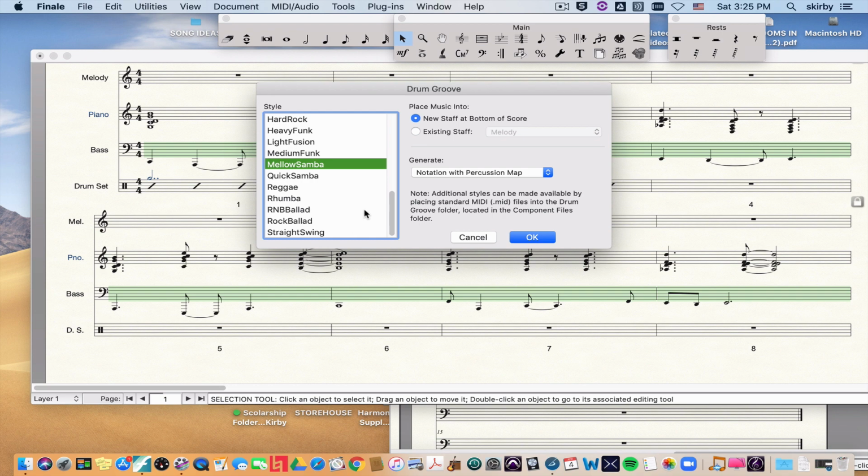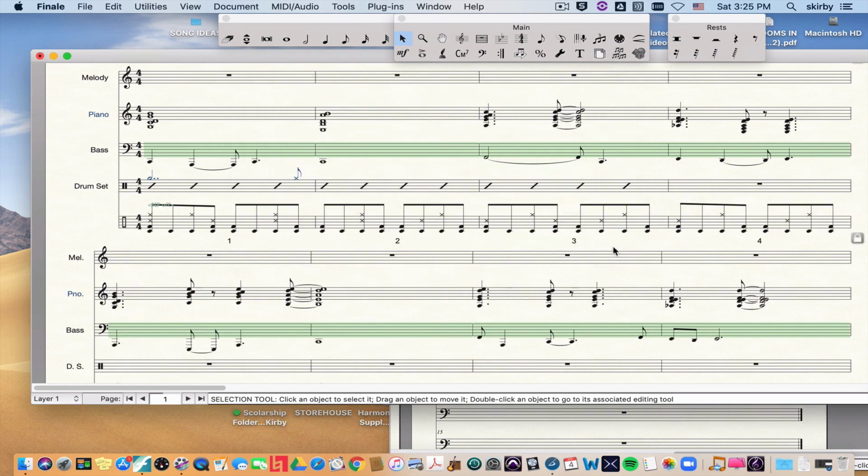And you have a choice here. Now, if you try to import this into the existing drum staff, if you have Berkeley drum mapping set up, this will trigger different drums that will sound kind of weird. So instead of bothering with that, you can just have a new staff at the bottom of the score and then just hide it. It'll play back, but you can just hide it, right? So if you click OK, it would create a new staff at the bottom of the score